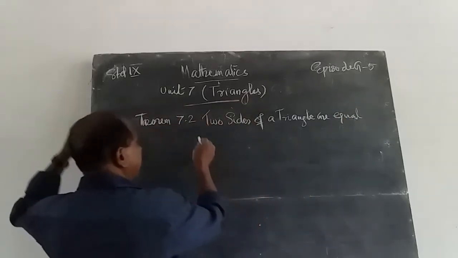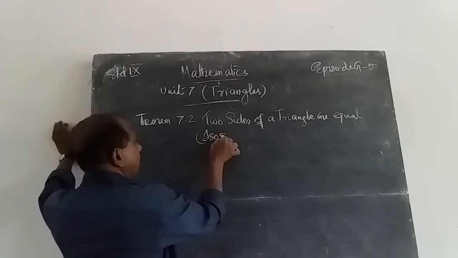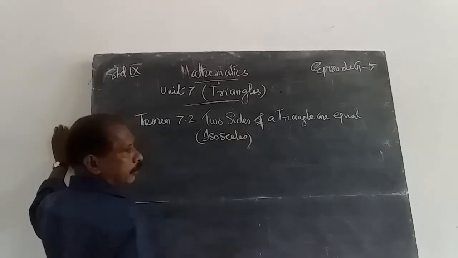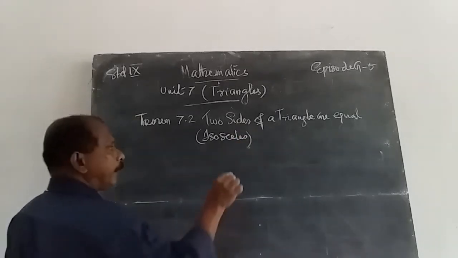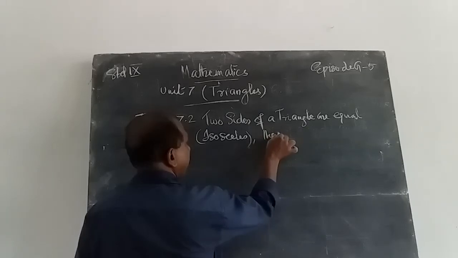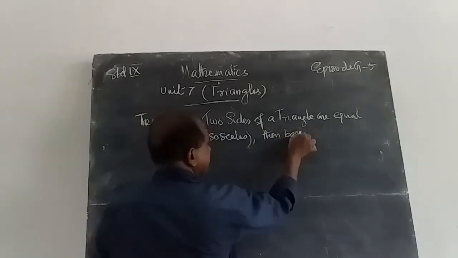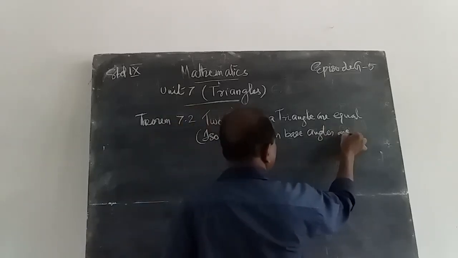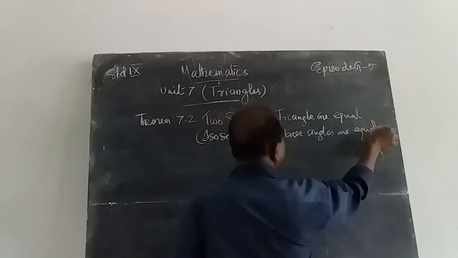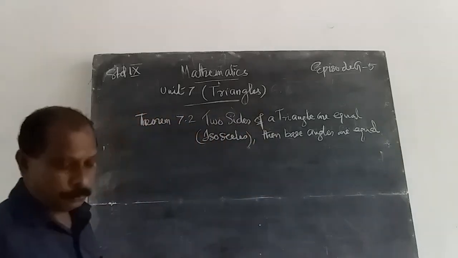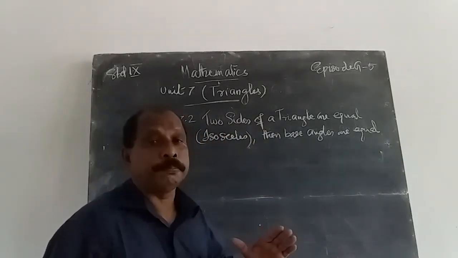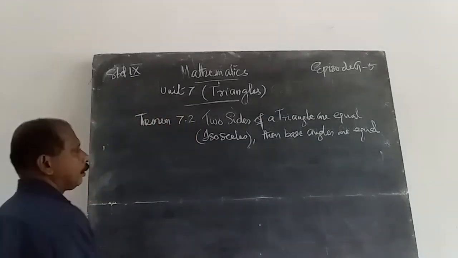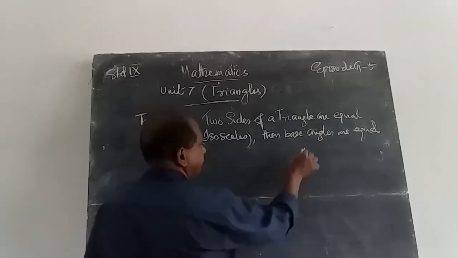That means it is isosceles, ISOSCELES, isosceles triangle. Then the base angles are equal. This is theorem 7.2, but there is a proof to verify this theorem. And for that proof,